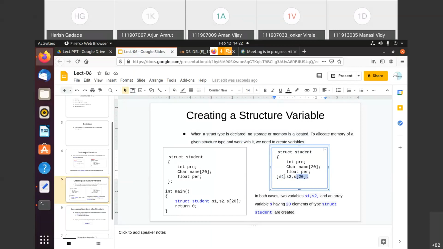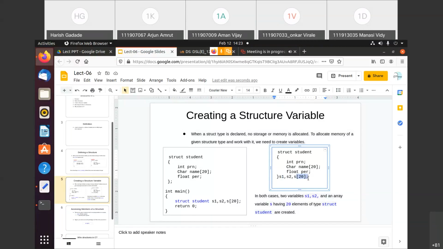For S1, what is the PRN, what is the name, what is the percentage. Similar to S2 also: for S2 what is the PRN, name, and percentage, right?